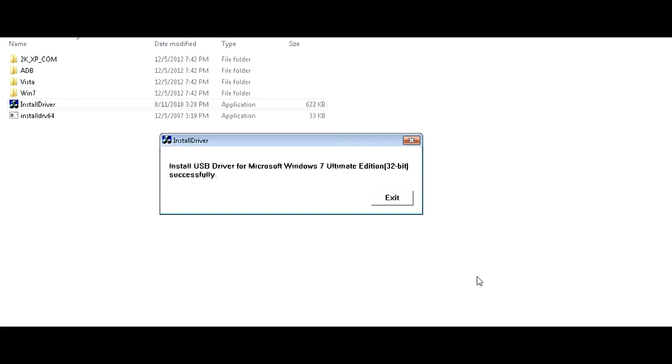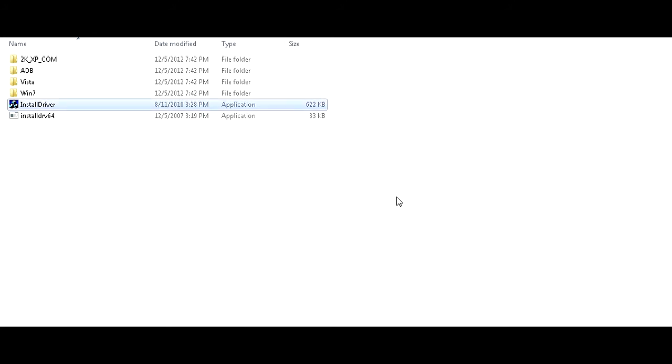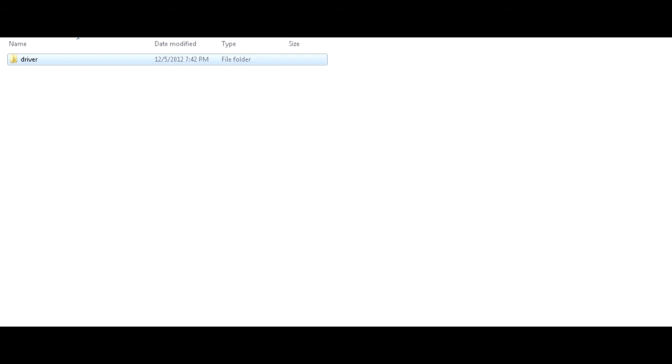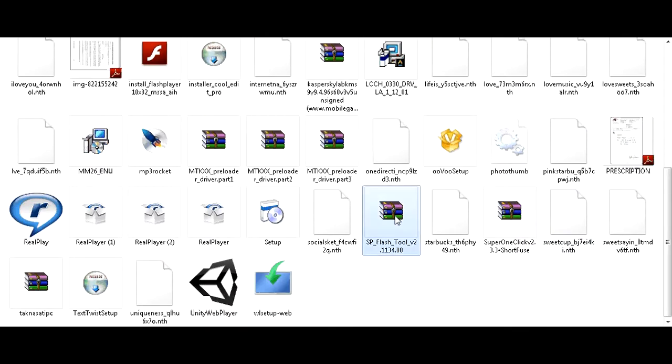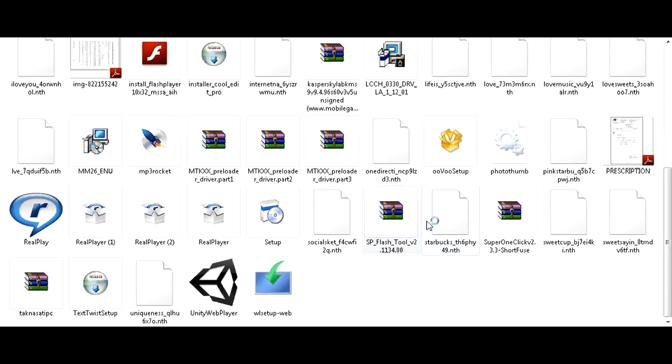It's just the extraction part that's a bit complex, since the file was too large for the Symbionizer to upload. So now the next part is to extract the SP Flash tool, and again, since I have